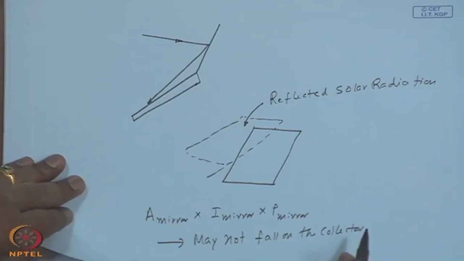Usually you orient it such that the maximum amount of reflected radiation falls on the collector surface at noon time, taking advantage of the high intensity. So, that is what we do by mirror